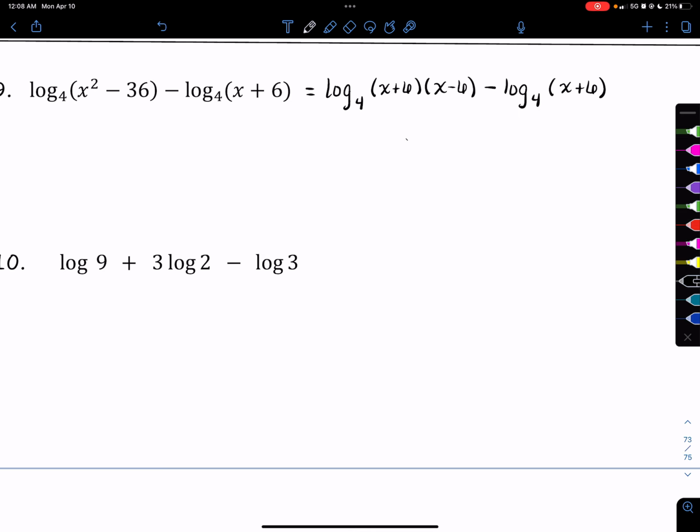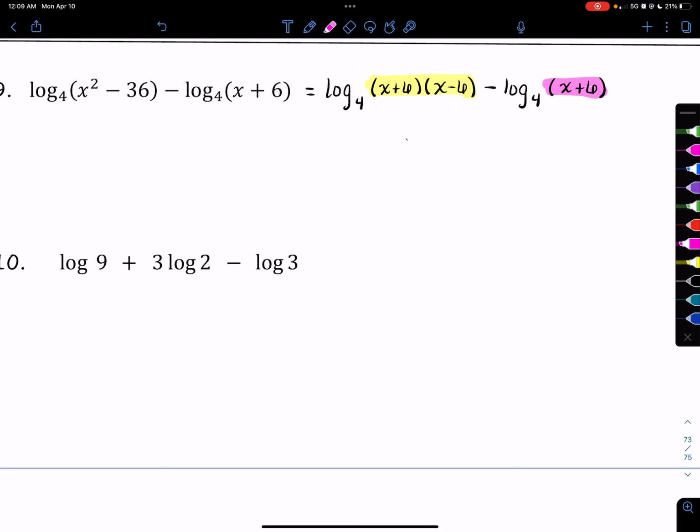All right, log base 4 of x plus 6 and x minus 6. This is all part of the positive log term, so this is all going to go in the numerator. Again, because this is a positive. All right, now looking at negative log base 4 of x plus 6, this is going to go in the denominator